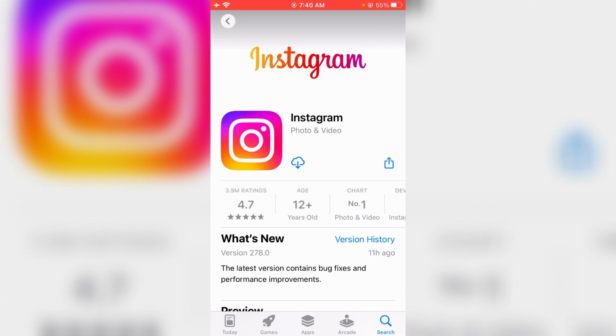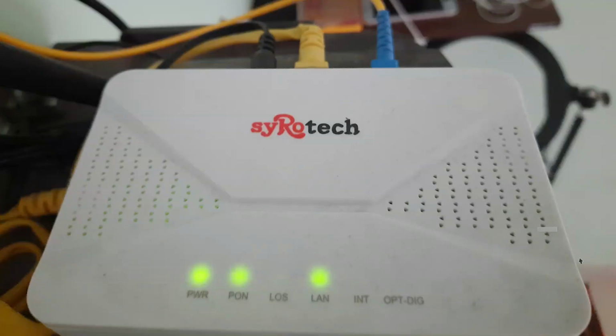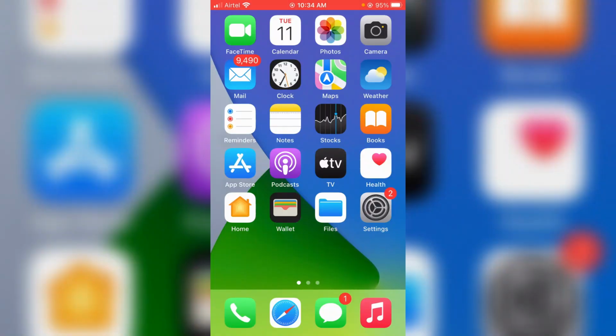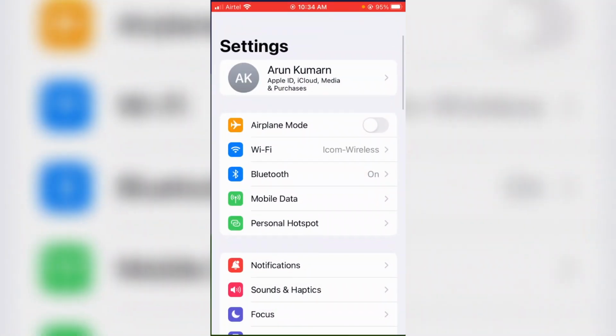So before going to our tutorial, first of all check your Wi-Fi router indicators, whether all the lights glow with green color or not. If it shows any red color signal, maybe there is a problem with your fiber cable, so just check it, and this is for Wi-Fi users. At the same time, if you use the mobile data network, just open your settings menu and